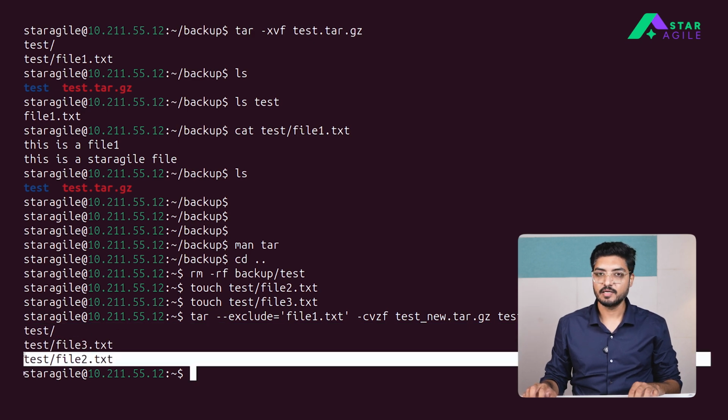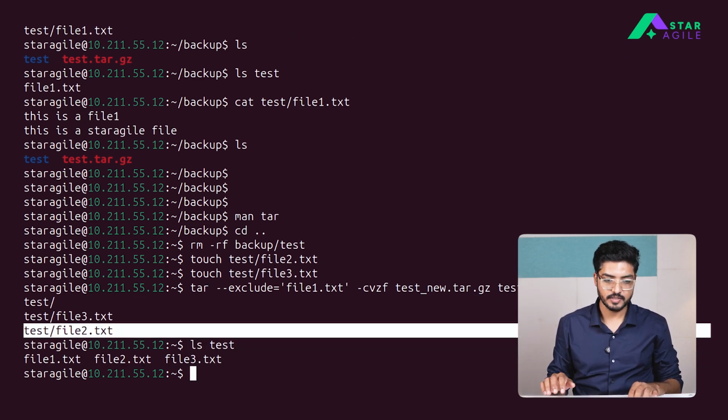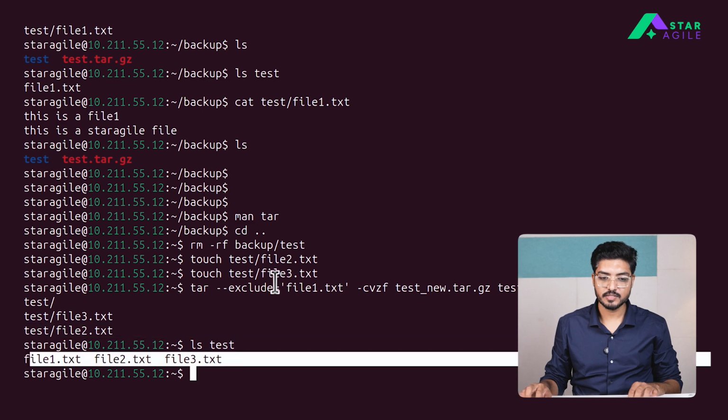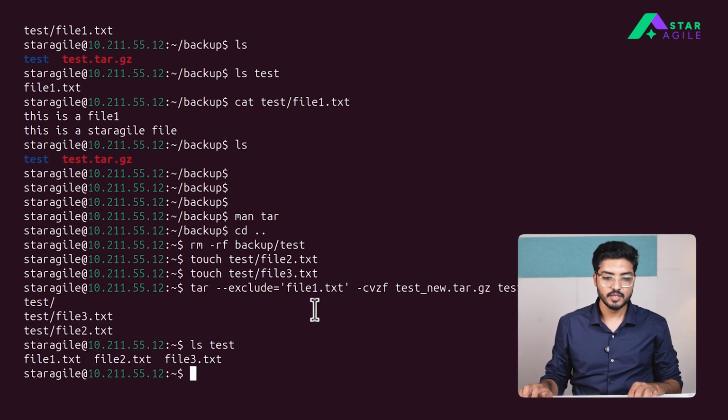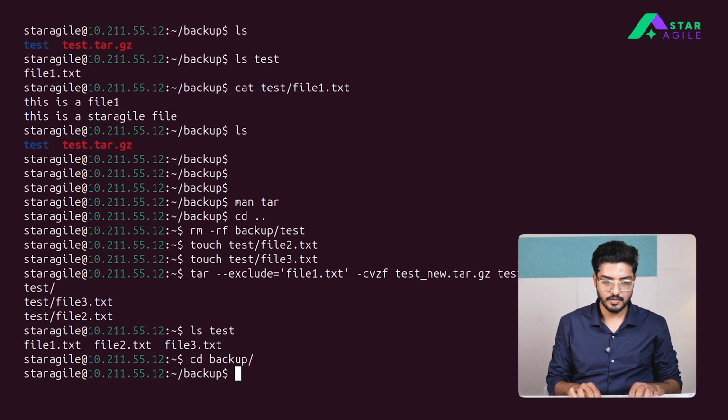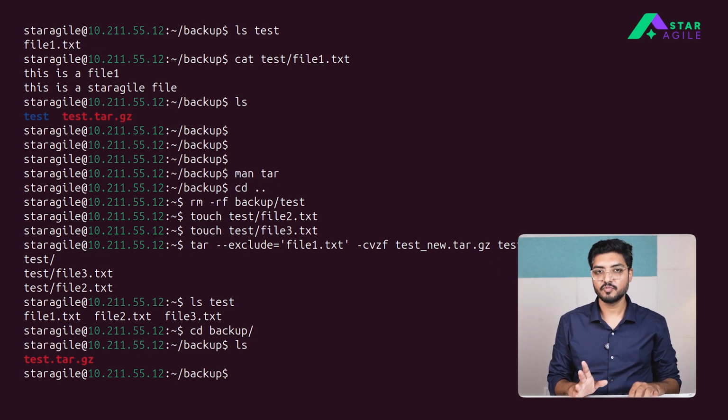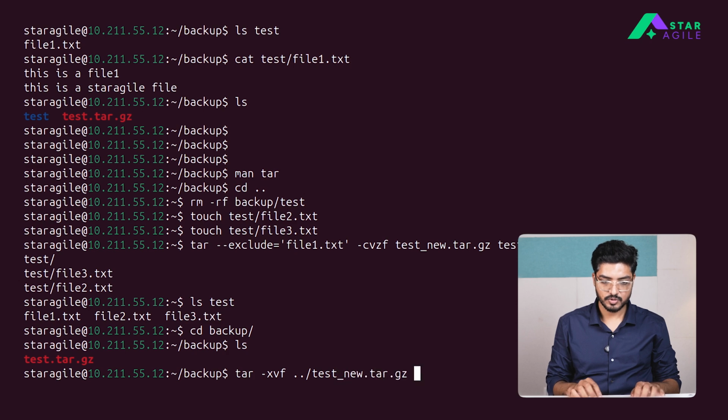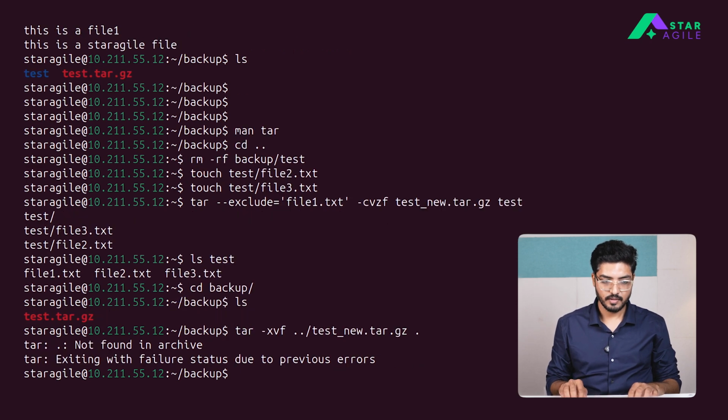then file3 and file2. However, if you look at the test directory, you will see there are 3 files, but we have excluded file1.txt via the option. Now let's copy this tar inside backup, and then we will uncompress it there. Let's go to backup, and currently we removed that earlier decompressed test file. Now let's again decompress the new backup that we have taken, test_new here, and